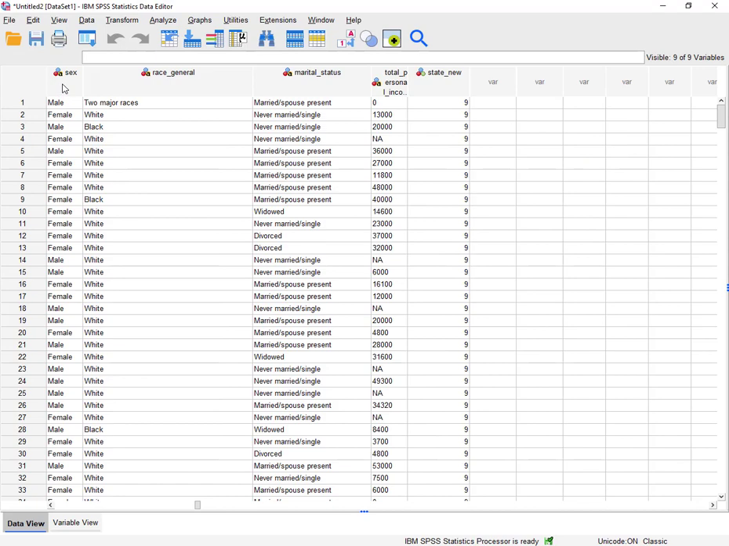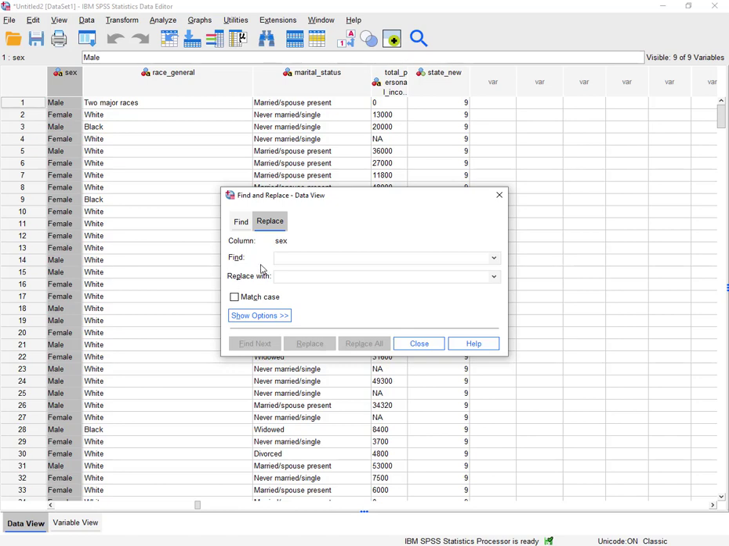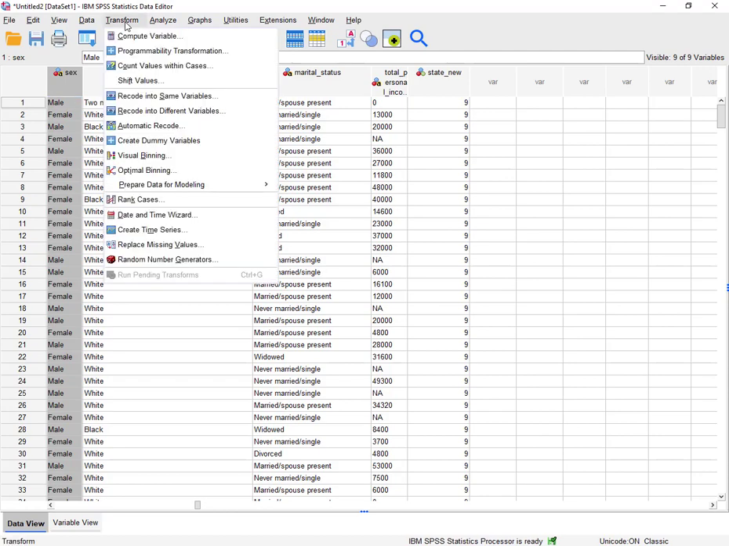Now I could go here, I could go to edit, I could go to replace, I could type in male, replace with 1, and then I could do replace all, and I could do female, replace with 2, and hit replace all, and then I'd have to go into value labels and label it, and that's all fine, that's fine to do. Or we can go to